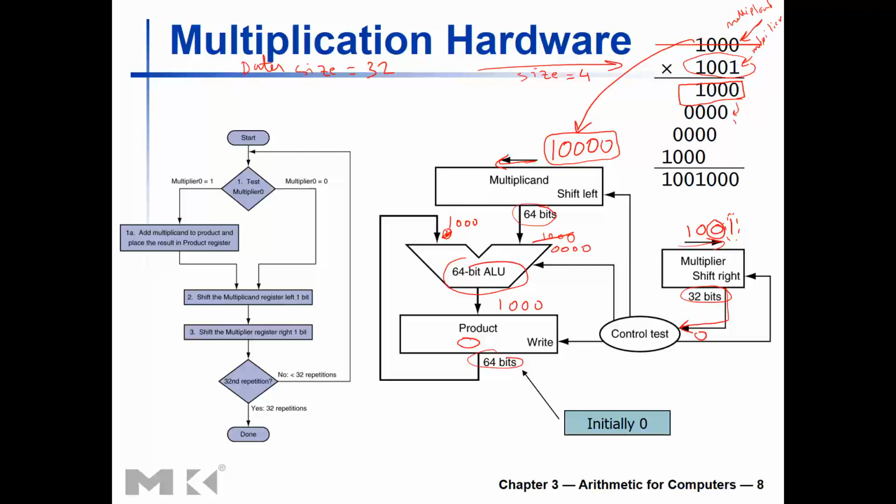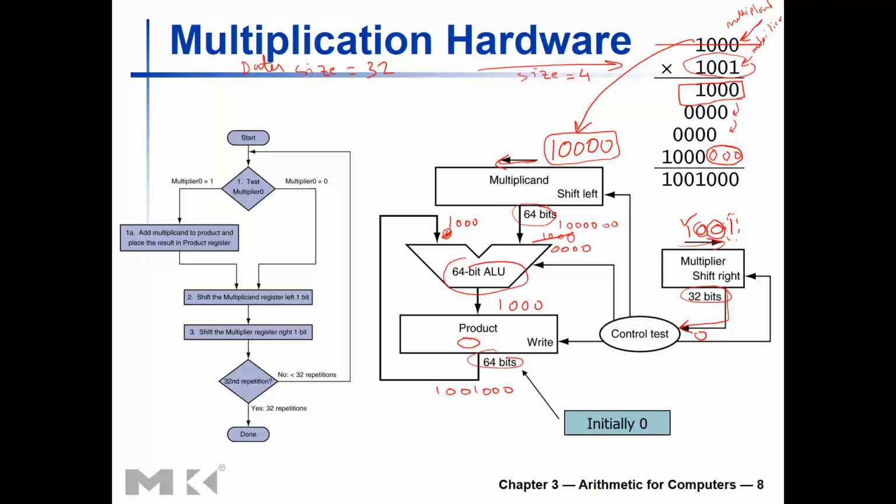every time I move into the next step, the multiplicand must be shifted to the left. So see, in the last step, for example, I'm adding this 1 0 0 0 0. So these have been shifted to the left by the steps as I process the multiplier. Then I shift this 0, then I shift this 1, and when I shift this 1, I will add what's inside the product, 1 0 0 0, with the 1 0 0 0 0 0. Let's see, that's a 1 and I have 3 zeros here as well, and then I will get 1 0 0 1 0 0 0, which is the final result after shifting all the bits